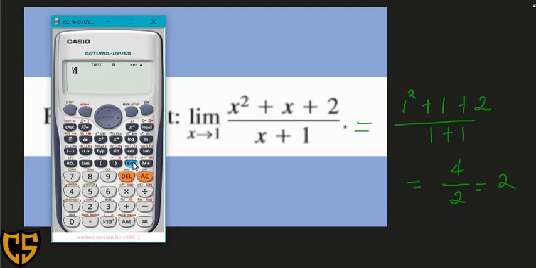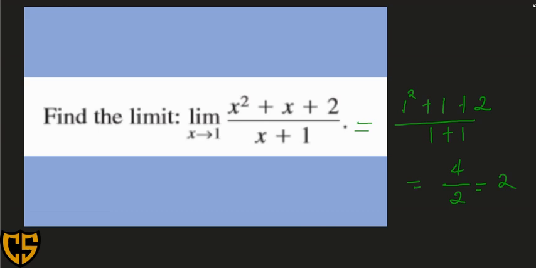So we press alpha y, then equals. So we will have the expression alpha x squared plus x plus 2 all over alpha x plus 1. So we have to calculate and substitute the value, which is 1. So our answer will be 2. So that means that our answer is correct. Okay, next we have